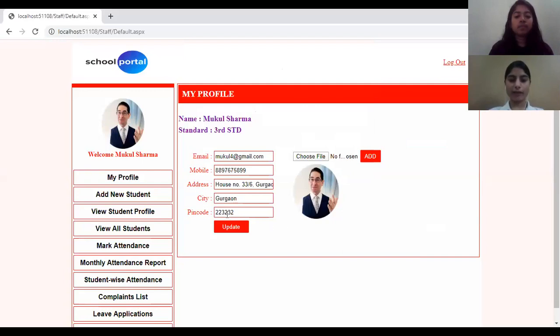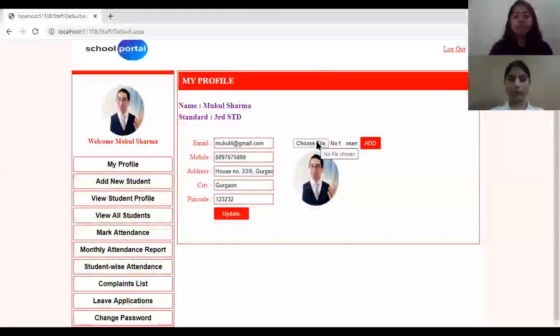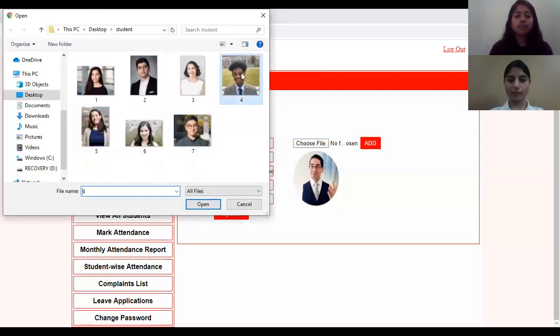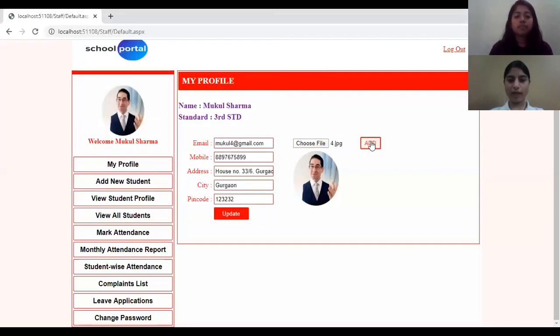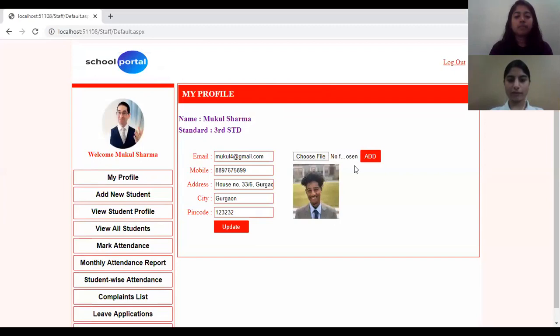Now let me update the PIN code. Click on the update button. Now here you can see the PIN code is updated, and now we will update our profile picture. Now click on the choose file. Click on the add button, and after that click on the update button.